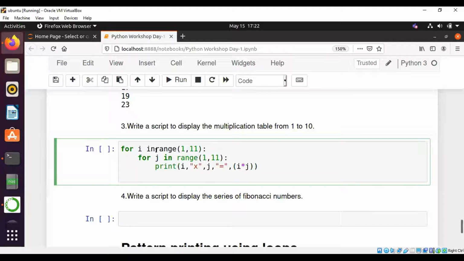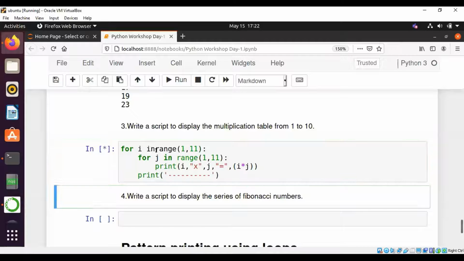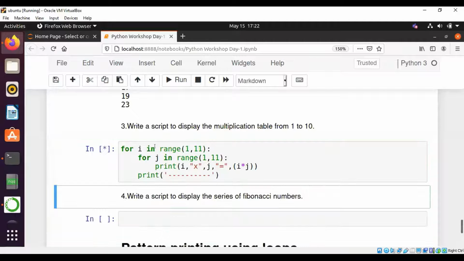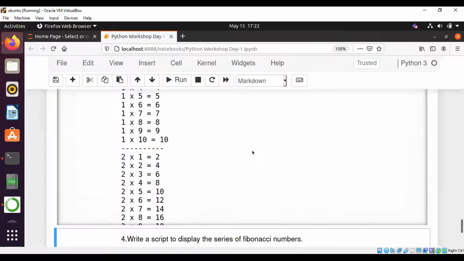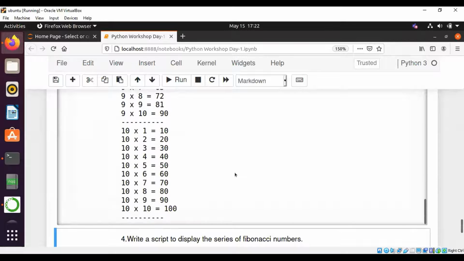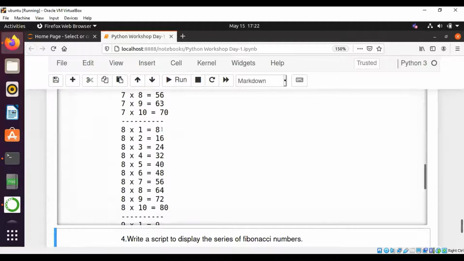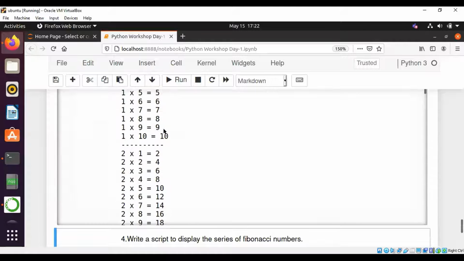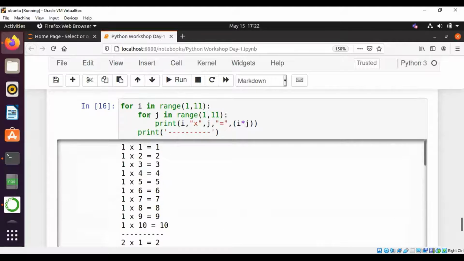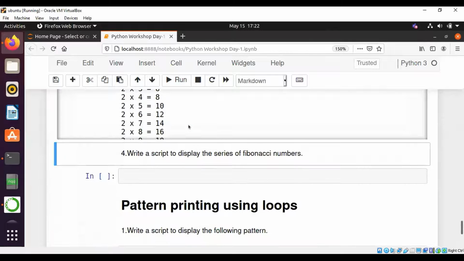Let's separate this with underlines. Let's see. Every table until the 10th table, it's going to print every value perfectly. This is how this double loop works. This is called nested looping.